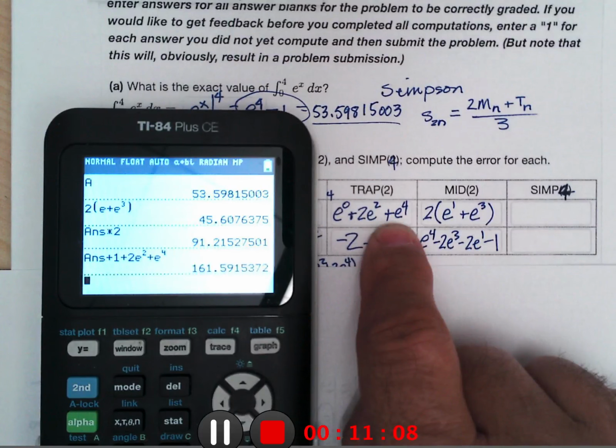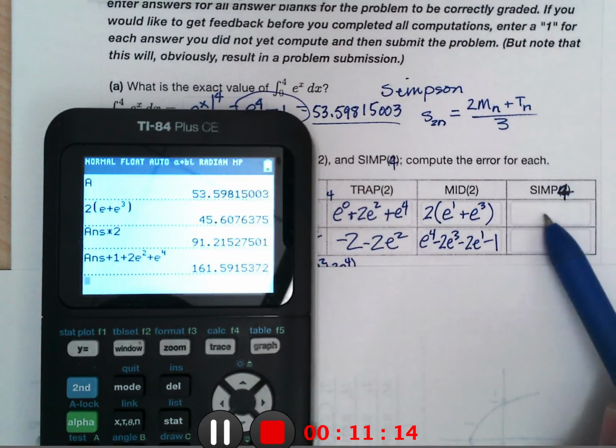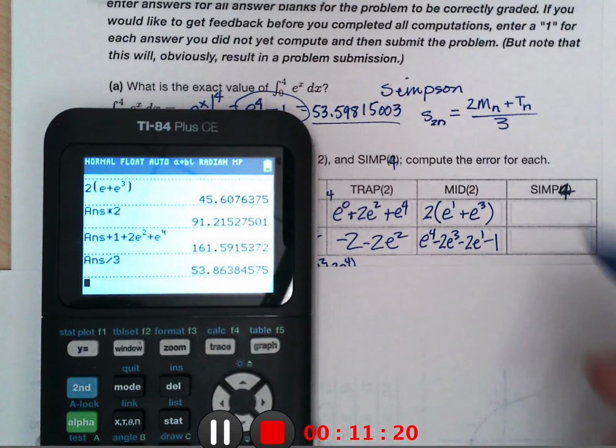That's that. So that's 2 of these plus that. And then the Simpson rule says divide by 3. And we should get really close. And that turns out to be